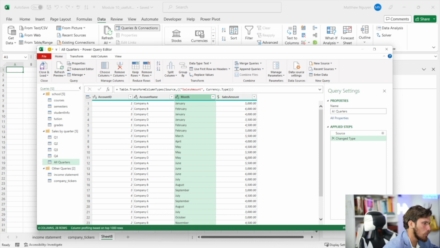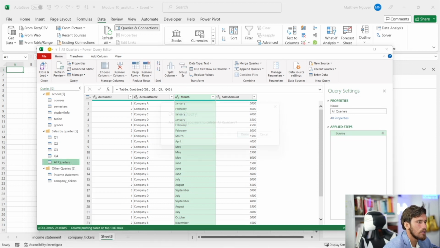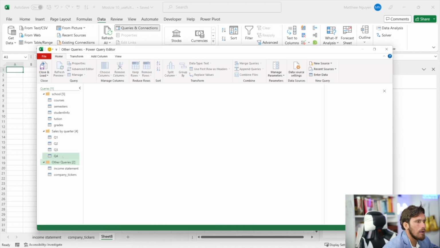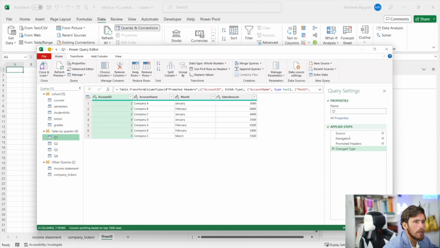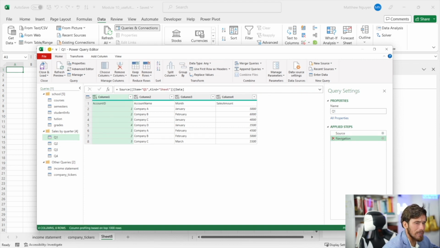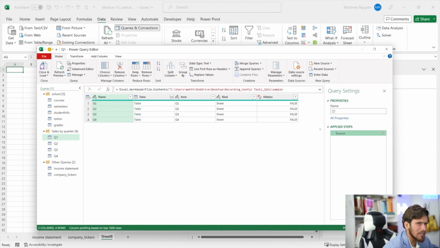But I'm going to show you another way to actually combine these tables. So I'm actually going to exit this out. I'm going to delete this here. And what I'm going to do is I'm actually going to go to Q1, and I'm going to change this by taking out these applied steps. And at the source tab, I'm going to click on this data and click this open